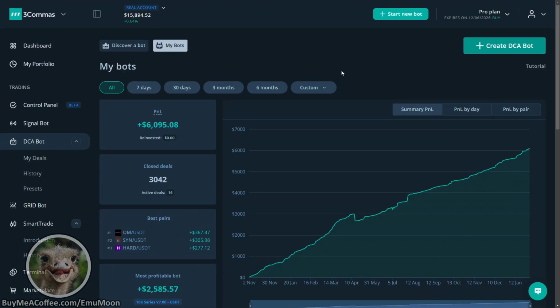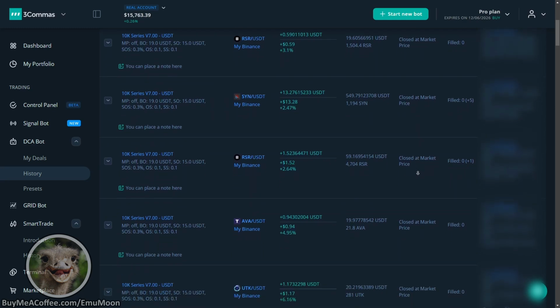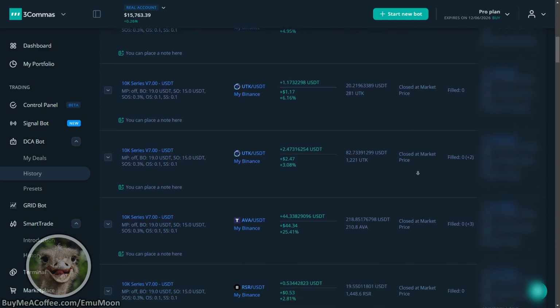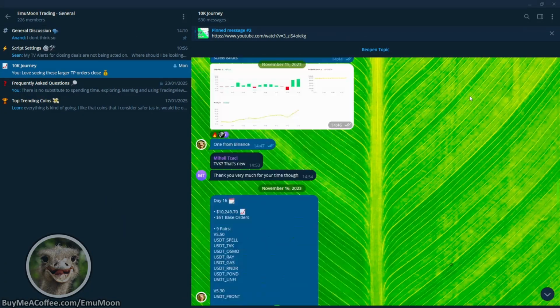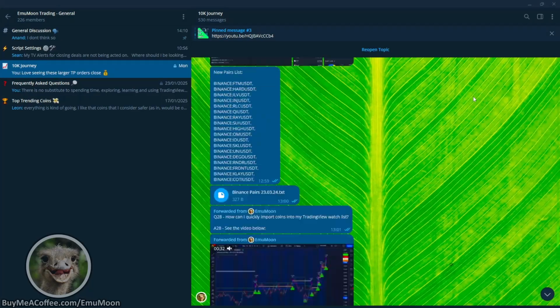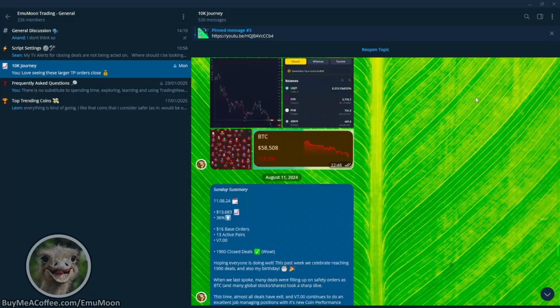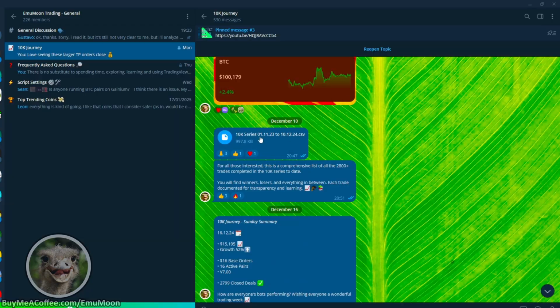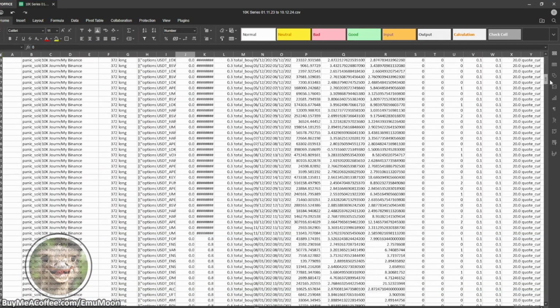We've got over 3,000 completed deals now. The vast majority of these deals have been profitable. We did have some difficulties fairly early on into the series, which we'll go into. We've got pages and pages and pages of results. You can find the week-by-week journal inside the Telegram group, which goes into a lot of detail about using these trading tools. And for complete transparency, you can get access to the full list of 2,000 to 3,000 trades made